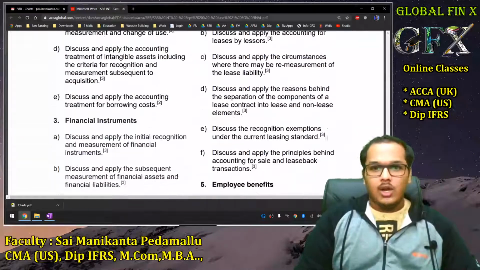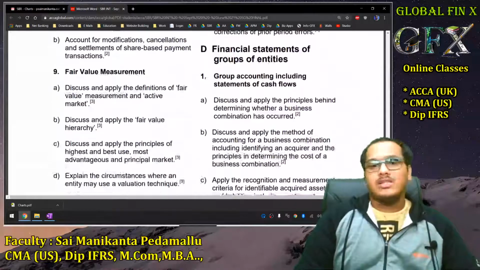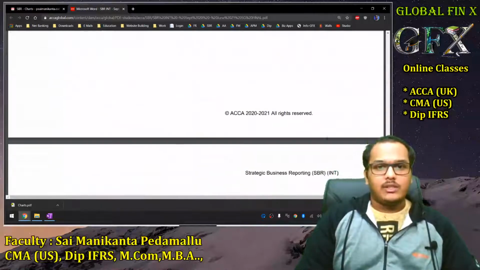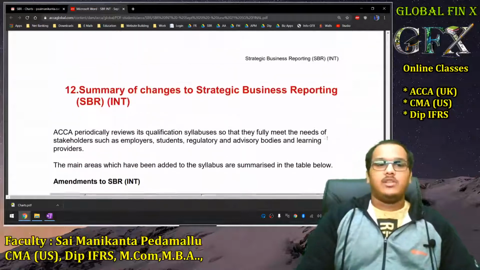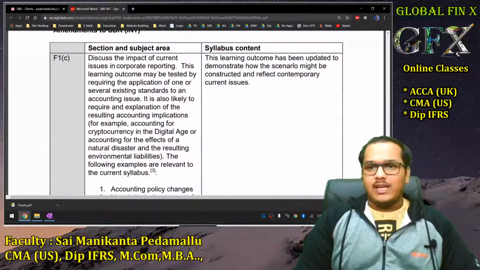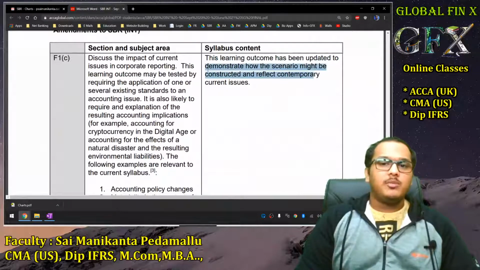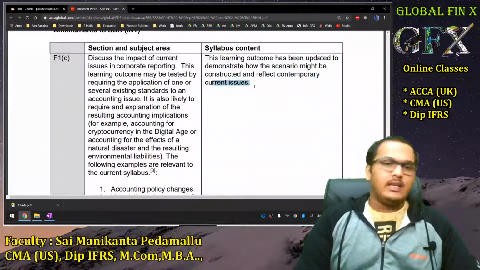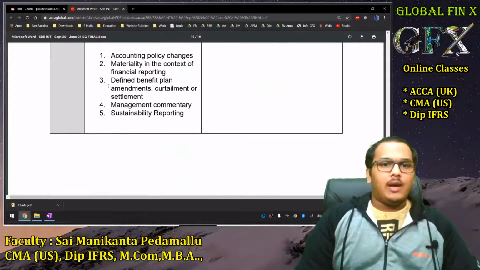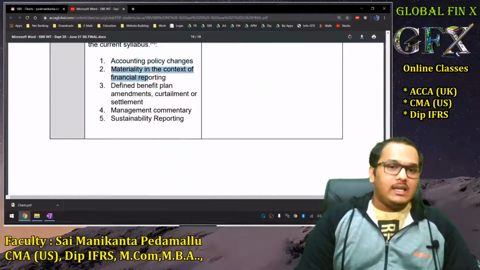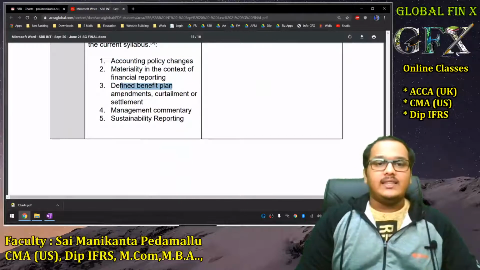And yeah, this is all related to what the syllabus areas are and what standards are covered. Basically, an index is given to you guys. The recent syllabus changes are, again as I told you, only the current issues. This has been updated to demonstrate how the scenario might be construed and to reflect contemporary current issues. Basically, they are talking about current issues about policy changes, IAS 8, materiality, defined benefit plans, IAS 19, employee